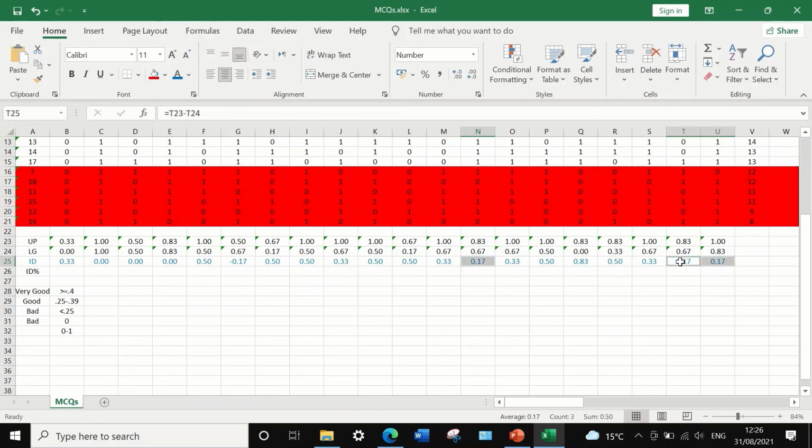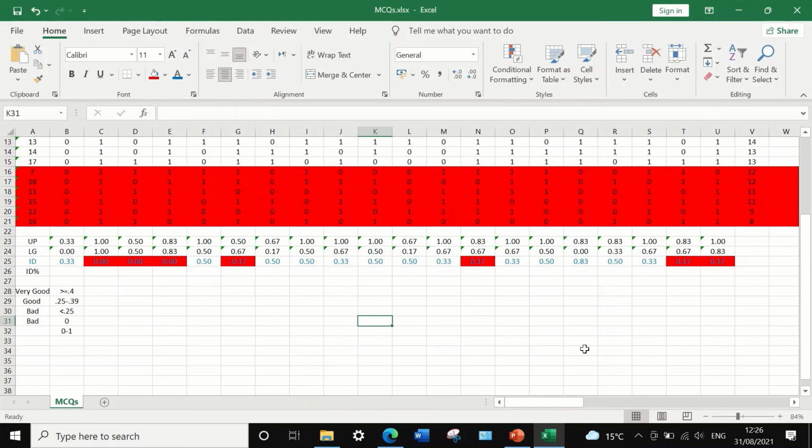So this one and this one and this one are bad questions, ought to be removed from the exam, and this one with -1 also ought to be removed from the exam. These 0 values for the ID are bad questions, as they do not have the power to discriminate between high and low performing student. So this is the advantage of using item discrimination analysis based on Kelley's formula,